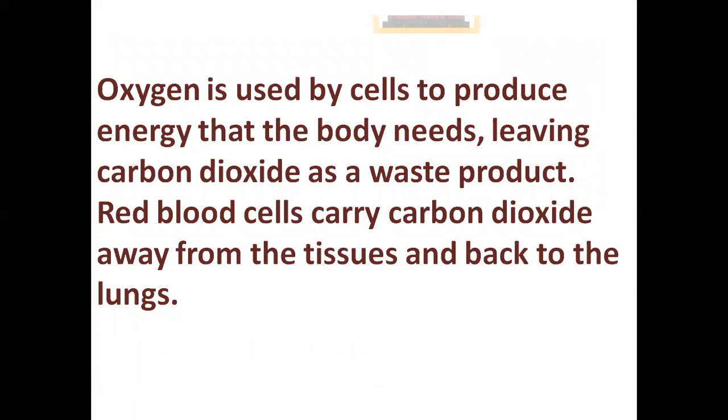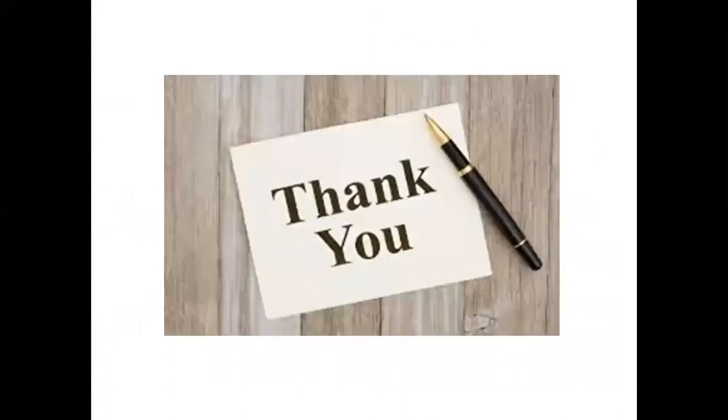And all the oxygen that is circulated in our body is used by each and every cell to produce energy in the form of ATP. Okay? And along with releasing energy, the waste materials that are produced, like carbon dioxide, are removed by the blood. So red blood cells play a very important role in the transportation of oxygen as well as carbon dioxide. So children, in our next video, we will